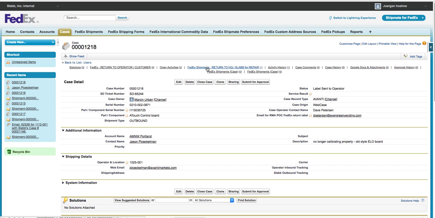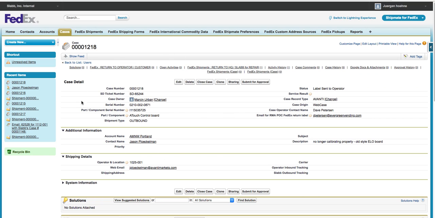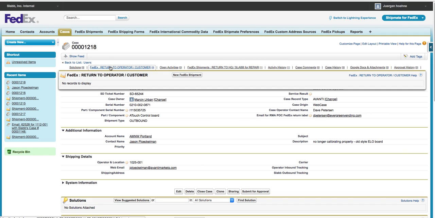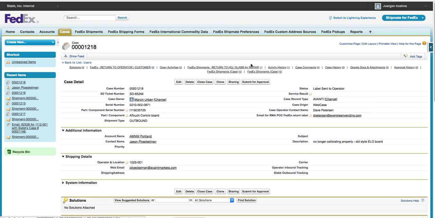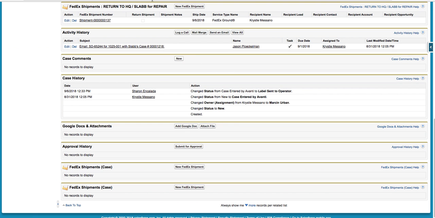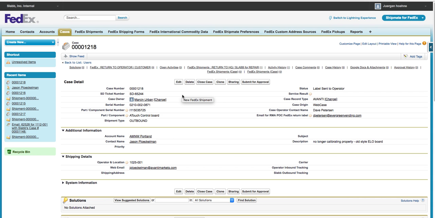You can either do it up here, return to HQ. Do you see this? So this is in Classic. Right there, I can generate a second one. I already generated one here, and there isn't a return to operator / customer. You can do that, or you can press on it and it'll go down to here. See, I generated this shipment this morning, return to HQ. In Lightning,